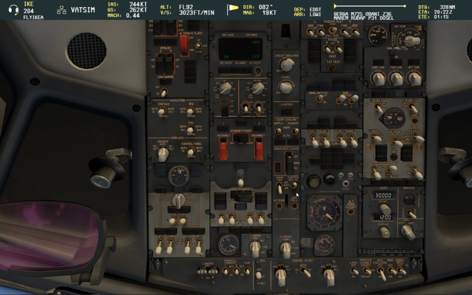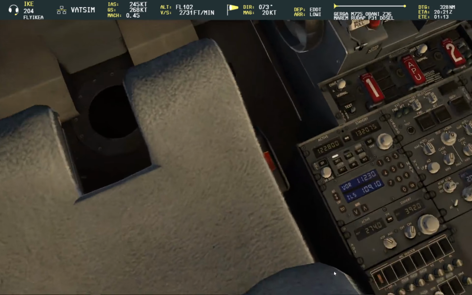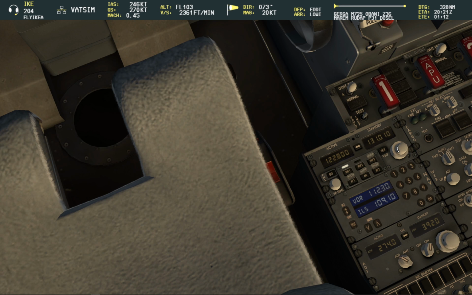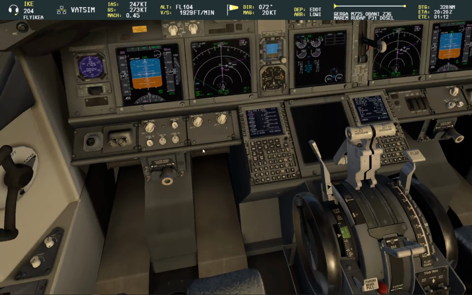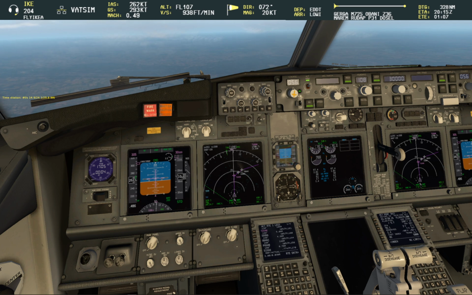Let's do this a little bit earlier than usual. Level 100, standard, standard. Prepare the next frequency, 131.02. Let's have a look. What's the settings? There's no information about the